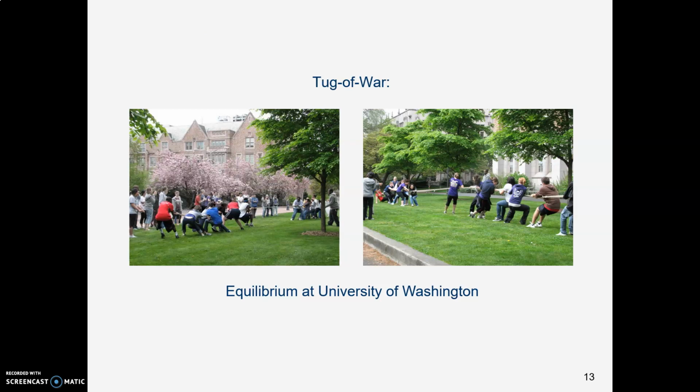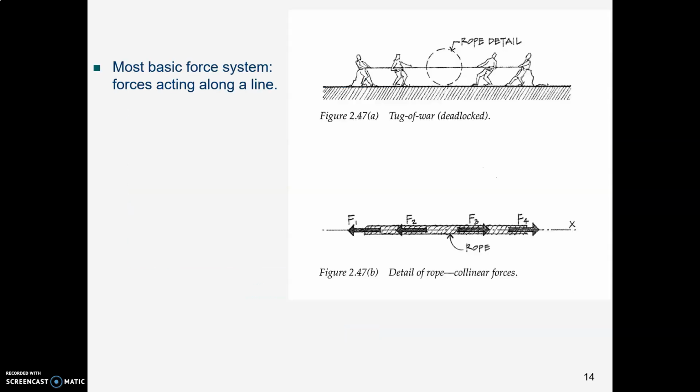Here are some college students at the University of Washington. They were having a tug-of-war game, and at the moment I came by and took these pictures, they were all pulling real hard, but nobody was moving, which is why I took their picture. And what that means is that the sum of all forces in the x direction were adding up to 0. So nothing was moving. They were in equilibrium.